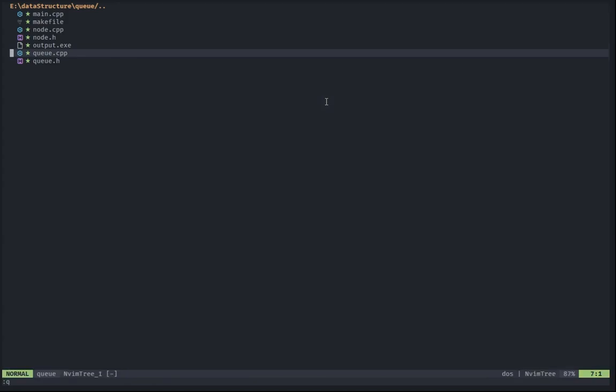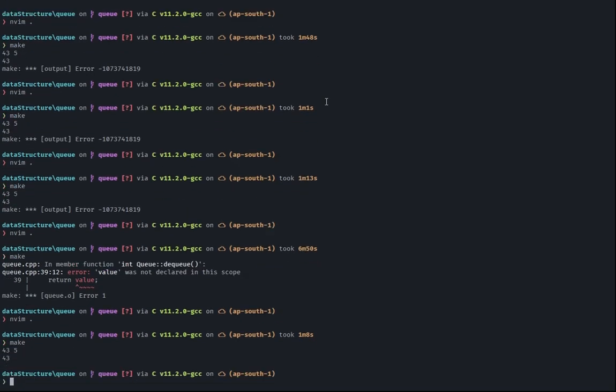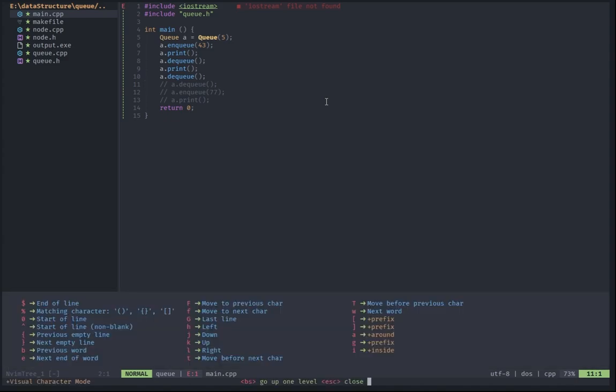And now let's check if this is working or not. See. Okay, so yeah, you see, for now it's not returning anything, but it's also not making any kind of assumptions as first it was doing. So now let's check our CPP. So now we have two elements, we are dequeuing both of them. After that, if we open up this one,